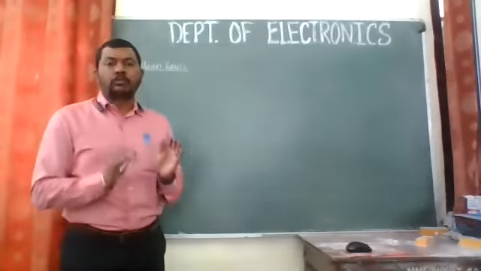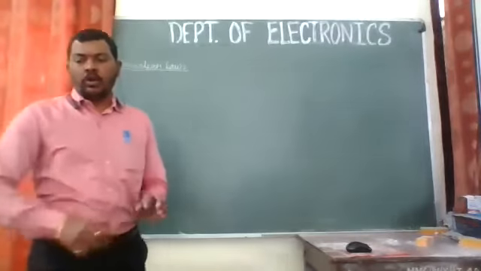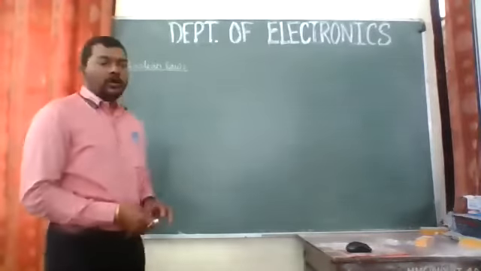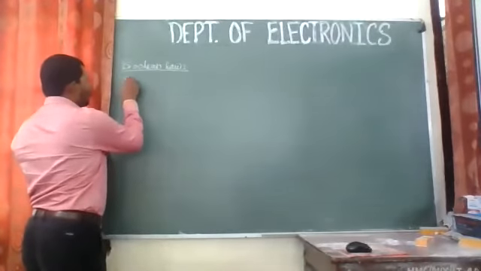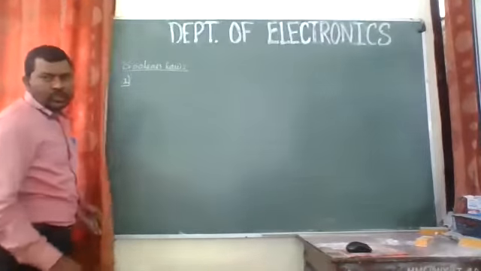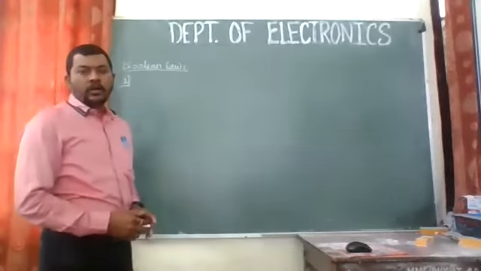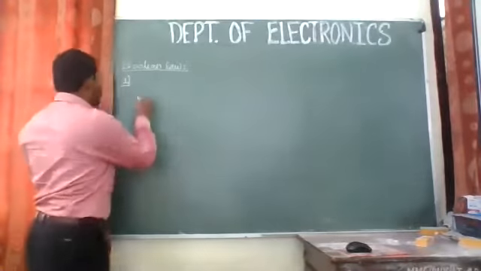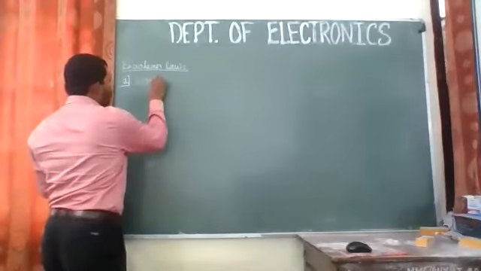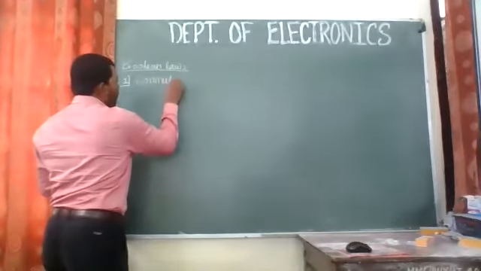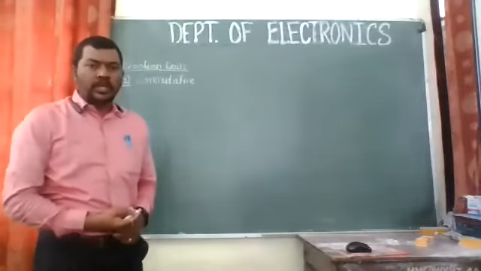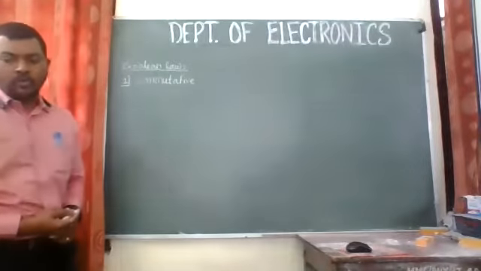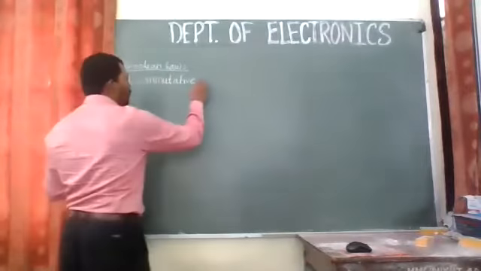In that, we use some laws. The first law of Boolean algebra deals with the variables that we use in the equations. The first Boolean law is called the commutative law. Commutative law.